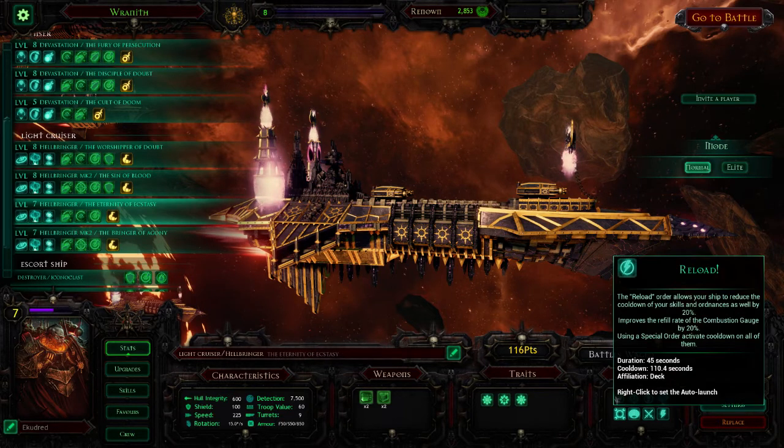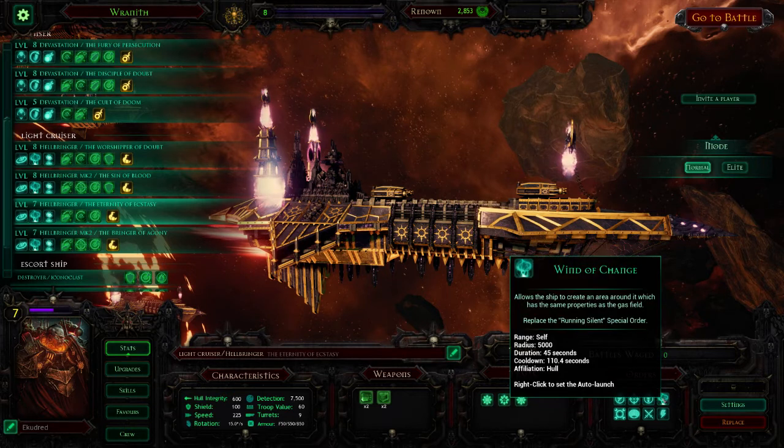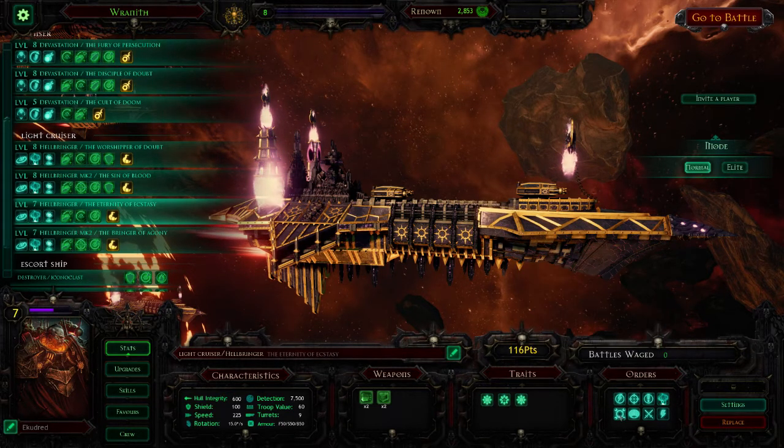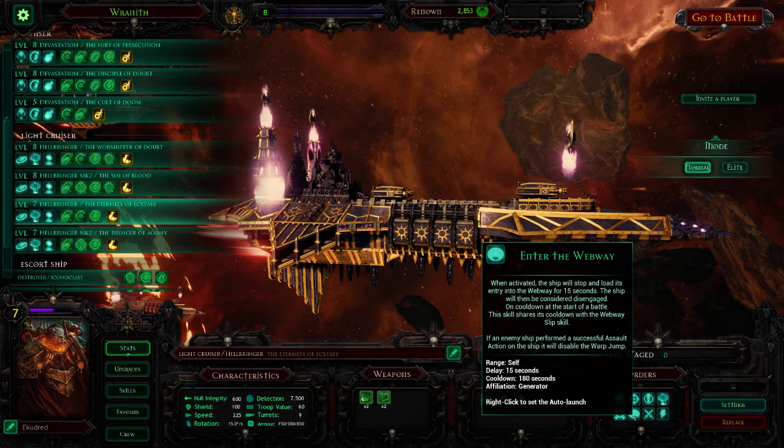Okay, so orders. Across the top here, we've got our normal ones. The Zench one changes, you're running silent, to change, but we'll talk more about that in another video. We have emergency repairs, and then we have enter, and this is one of the things I have with this game. Enter the webway. The only species in this game that actually enters the webway is Eldar. All the others actually just enter the warp. But anyhow,